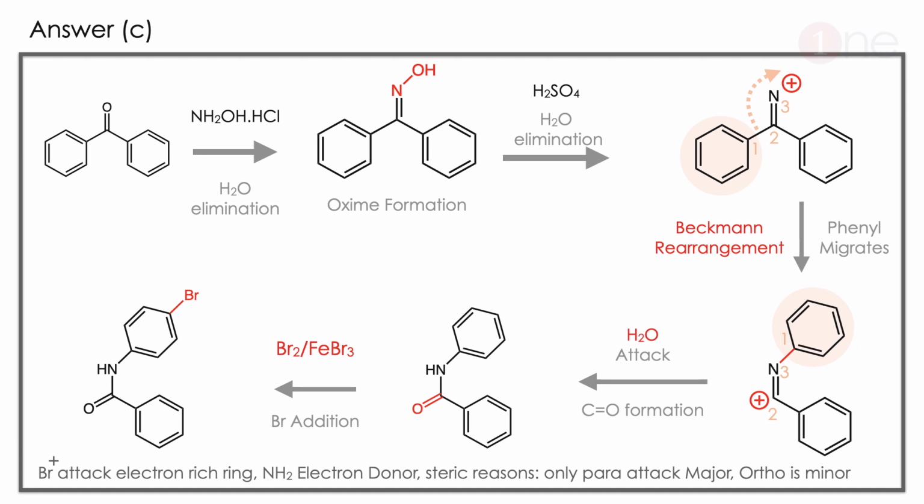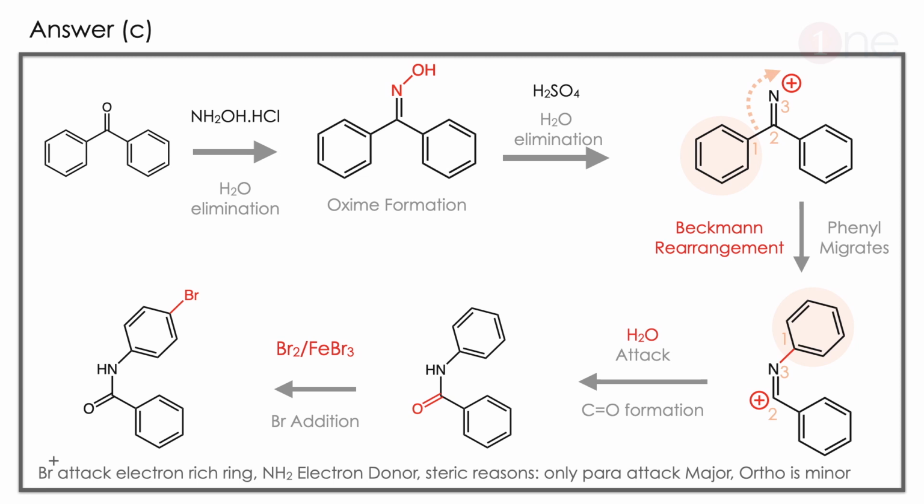So the electron deficient nitrogen is there. To balance the deficiency, the phenyl group migrates. One phenyl group migrates to the third position. So the migrated product is obtained. So 1,2 bond breaks, 1,3 bond forms. Again to balance the carbocation, water attacks, and the carbonyl carbon is forming. So the water attacks, H leaves, the carbonyl is forming.